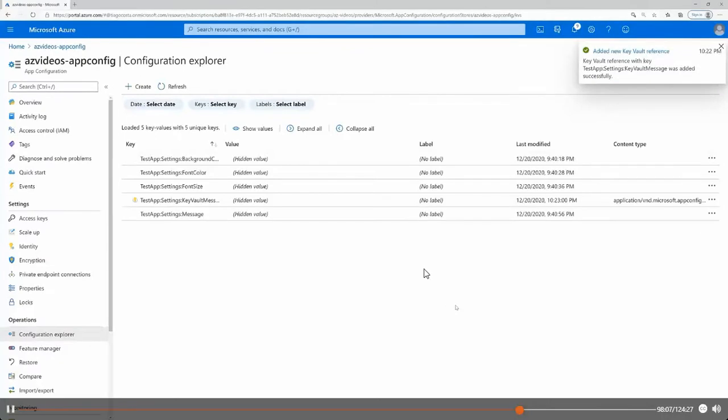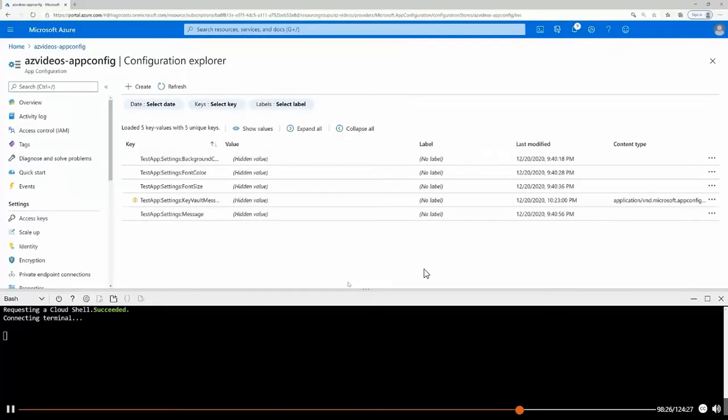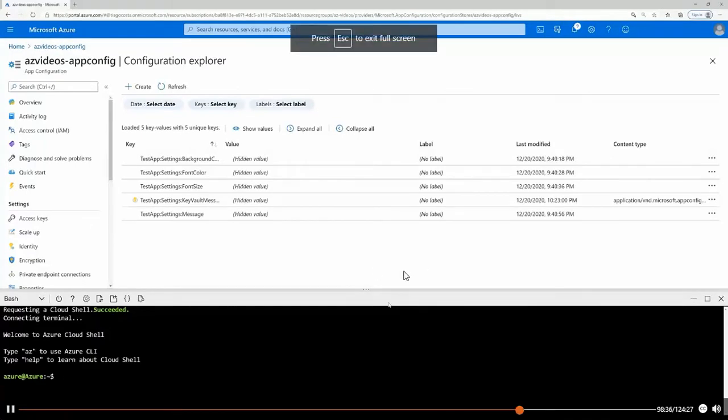So right now I basically just integrated a secret with my app configuration. This was as easy as doing this. I still need to do some more things. I will now change the app that we first created for the app configuration to also show this bit that comes from Key Vault. So in order to do that, I need